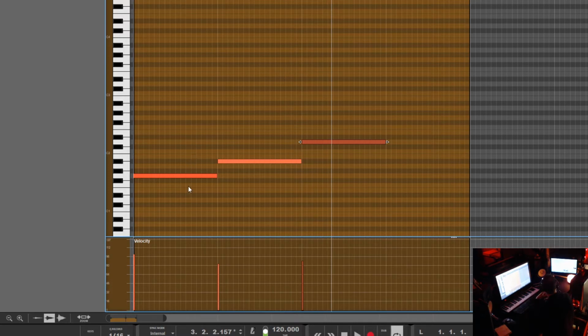Something that does bug me about Propellerhead Reason is the fact that when I hit a key on the keyboard, it doesn't highlight here on the piano roll. That really just pisses me off. There's nothing much I can do about it. But I mean, I guess I could